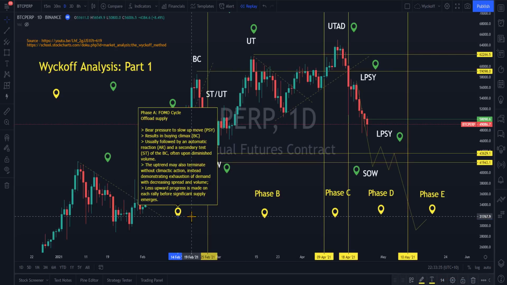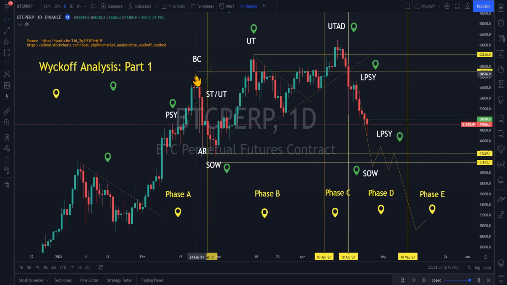What is phase A? Quite seriously, it's offloading supply. It's the advertising of news which the institutions are going to use to lower the price. I just wanted to tell you the department store analogy. It's like the institutions have a department store, and that department store sells something. And by making whatever it is more and more and more expensive all the time and publicizing how good it is, you just need to go and buy it, whatever it is, and you will buy it at any price.